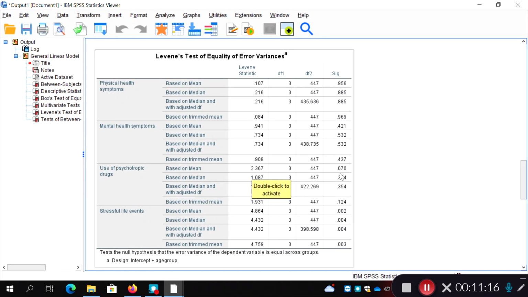So again, not significant, so we are safe to assume that there's equal variances between the age groups when we just look at psychotropic drug use as a DV. Stressful life events, though, is our last one, and if we look, we've got a Levene statistic of 4.864, p is equal to 0.002. So in this case, we have a significant Levene statistic. So for stressful life events, we can't safely assume